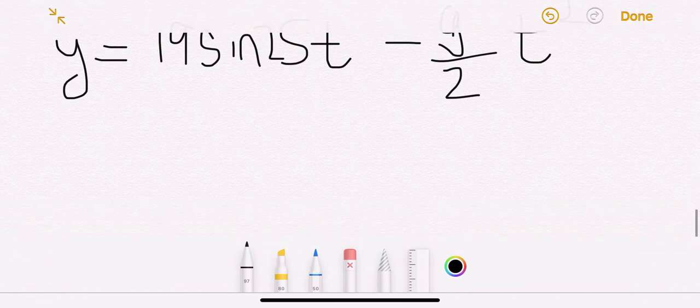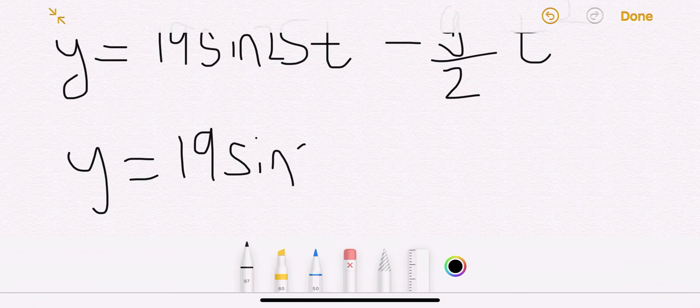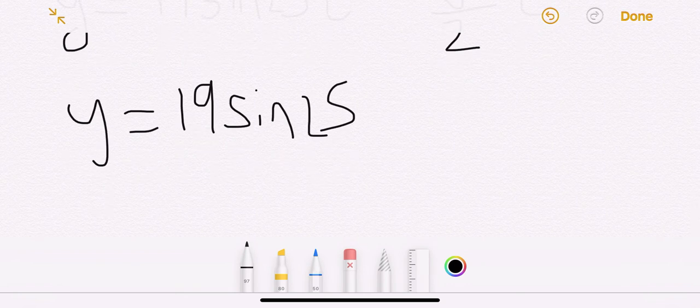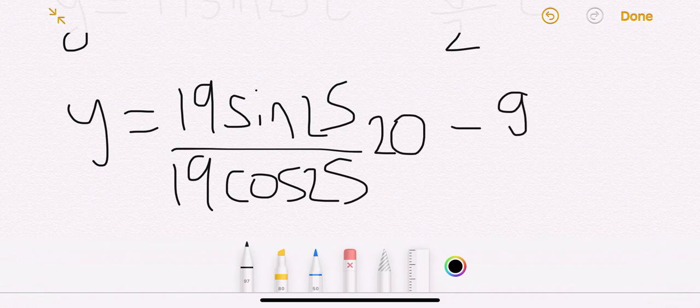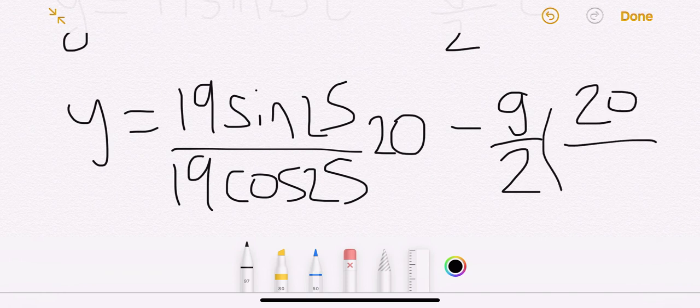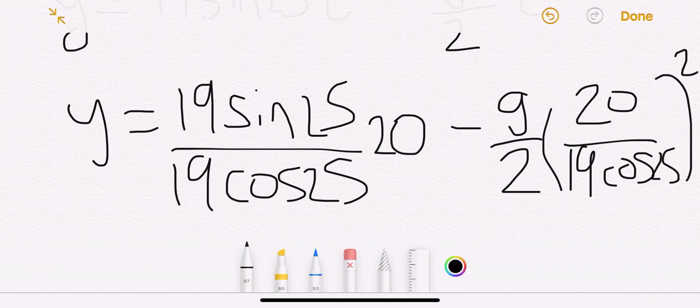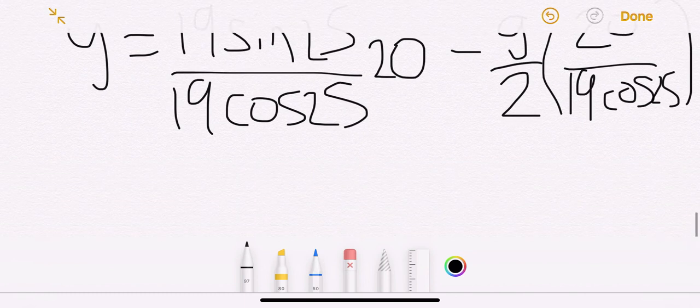We get y equals 19 sine 25 times 20 over 19 cos 25, minus g over 2 lots of 20 over 19 cos 25, all squared. And if you just type that into a calculator and work it out to 2 decimal places,